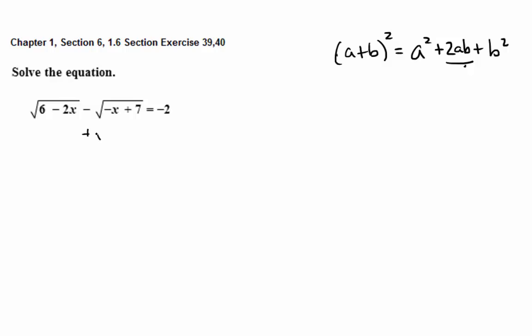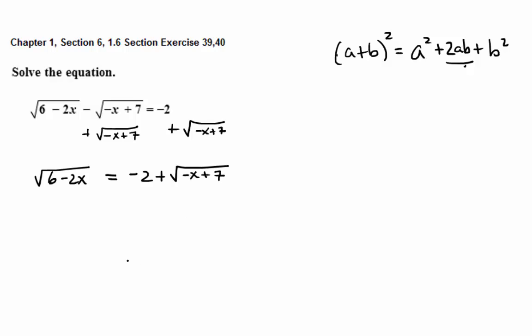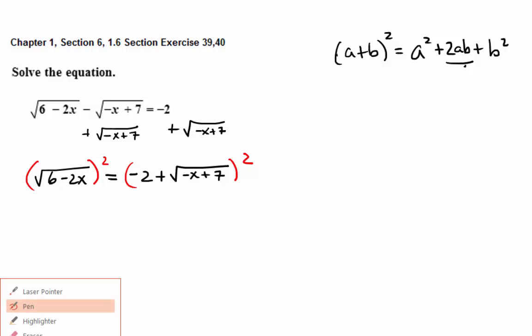So I'm going to add square root of negative x plus 7 over here. So we're going to have the square root of 6 minus 2x equals negative 2 plus the square root of negative x plus 7. Now we're going to square both sides to get rid of at least one of these radicals. The radical on the left goes away, leaving just 6 minus 2x underneath, but on the right, keep in